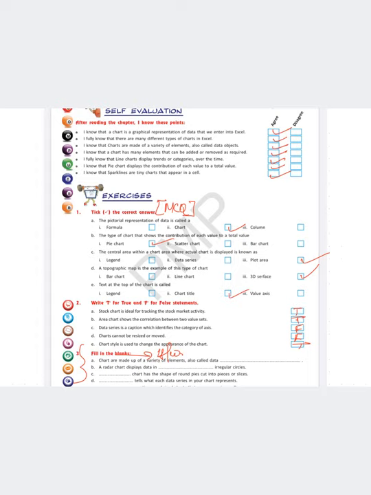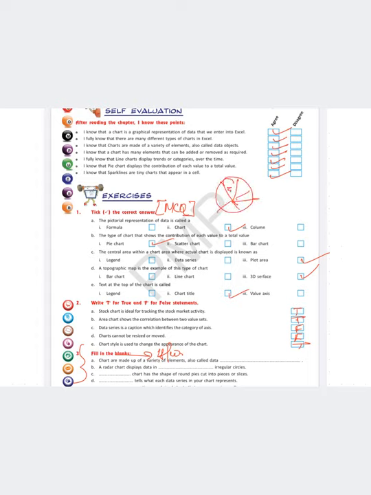The pictorial representation of data is called what? Just now we have discussed, chart. The type of chart that shows the contribution of each value. Basically, the contribution of each value in this chart is shown in the form of slices, like bread slices, okay? What is that called? Pie chart, isn't it?